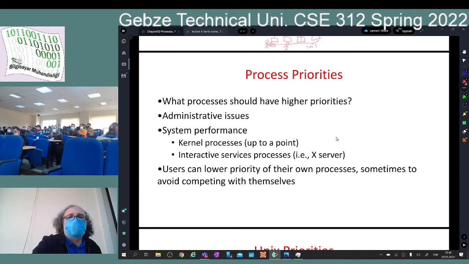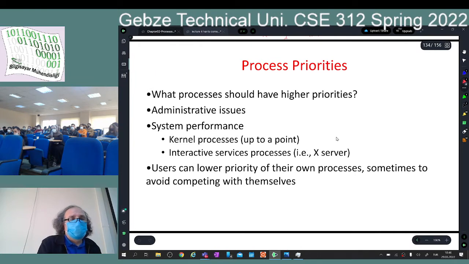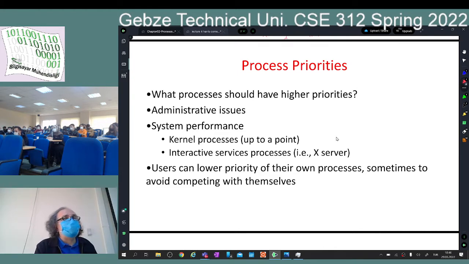And if there are some nice users, okay, user says that, well, this process is not that urgent, so you may keep its priority low. In that case, maybe I should use that information too. A process voluntarily says that my priority is low, so I should lower its priority maybe. Maybe I shouldn't trust the processes that say that I am important, because that might cause some problem. But if a user says that I like to lower my priority, then take it.